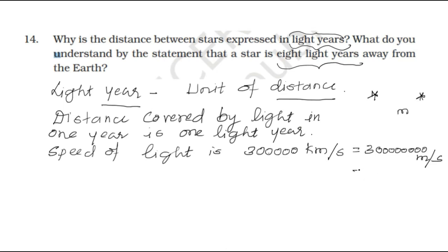Or in short, we can write 3 into, you must have learnt in mathematics to express this to the power of 10. So how many zeros are there? 8 zeros are there here. So it will be 10 raised to 8 meters per second, which means the light in 1 second,